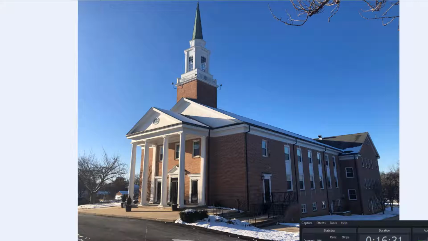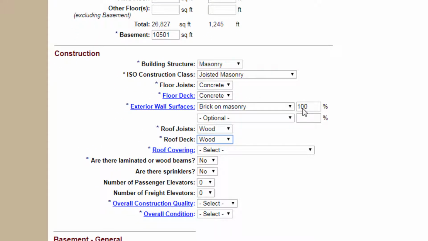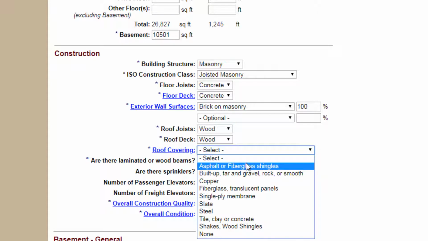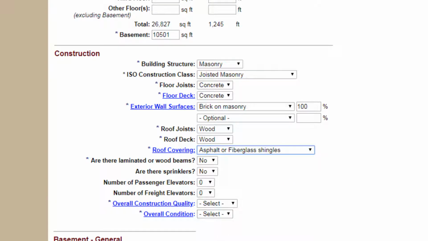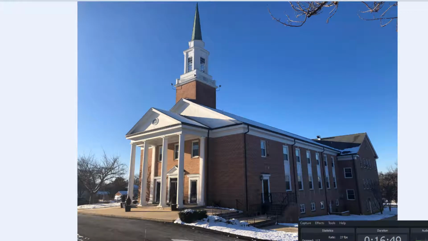But you could also end up with concrete roof joists and a concrete roof deck if it's masonry non-combustible. You can have steel, but wood is going to be for any frame or joisted masonry structures. We have asphalt or fiberglass shingles on this building. Can't see very well because there's snow in the picture, but over in this corner you can see that it's